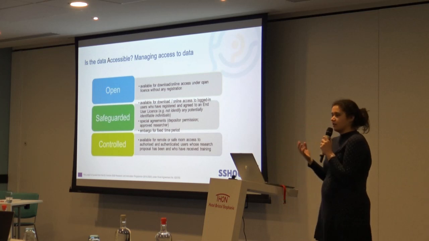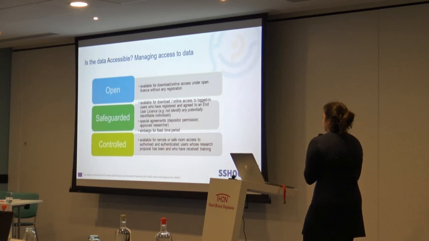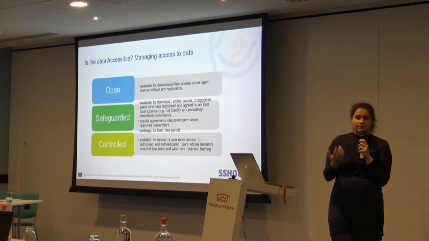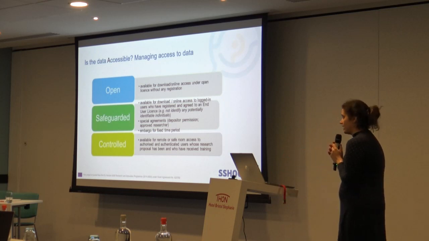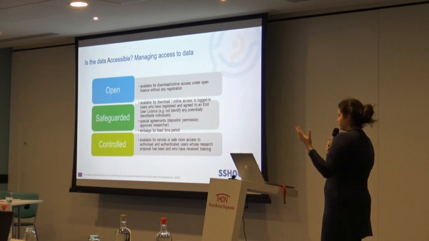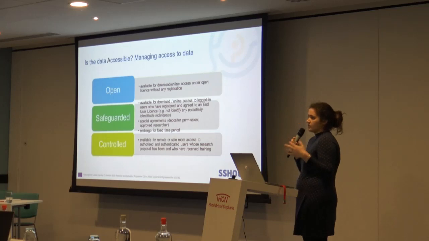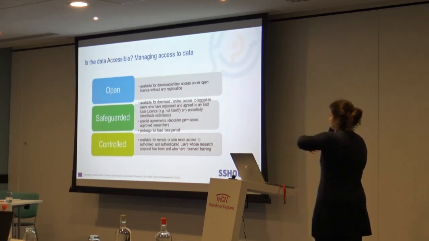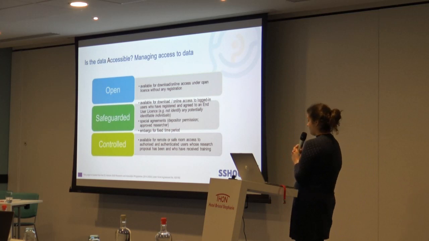You might need the permission from the researcher who produced the data to access it. And it might be that the data needs an embargo as well. So if the initial research team needs to still publish their findings, they might ask for an embargo period. And the length of this can vary. For example, we do up to 12 months in the initial stage, and then we can extend that. And then we have controlled data, and this is data that is very, very sensitive,